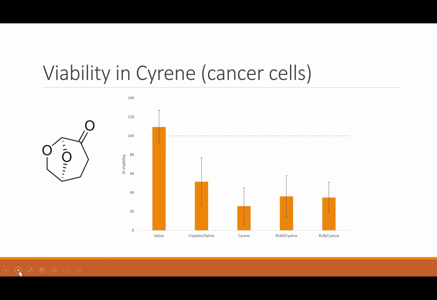And so you can see saline doesn't really kill any cells. We wouldn't expect it to kill any cells. Viability hovers right around 100%. When cisplatin is incubated with the cells, then you see decreases to around 50% viability. And so we can tell cisplatin is doing what it's supposed to do, killing cells. RUM and RUB both have lower viabilities than cisplatin. But the problem is Cyrene, which is even lower than the RUM and RUB